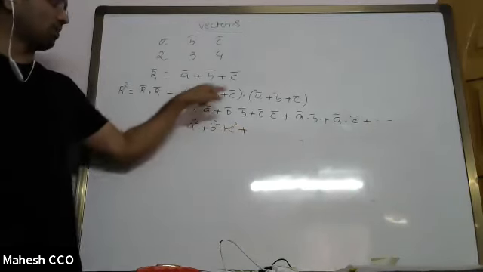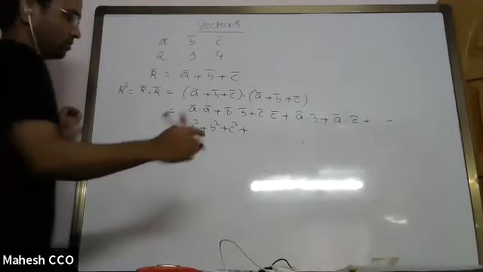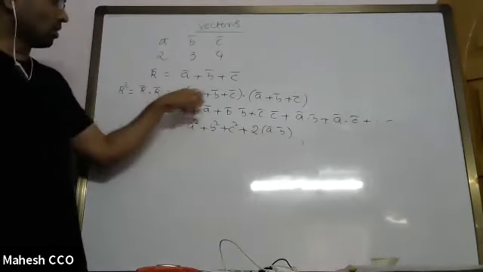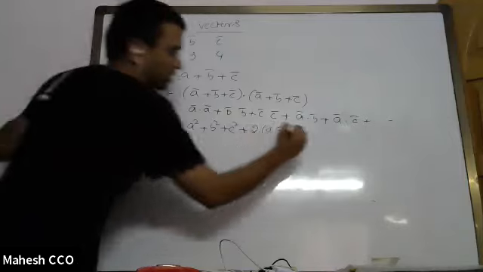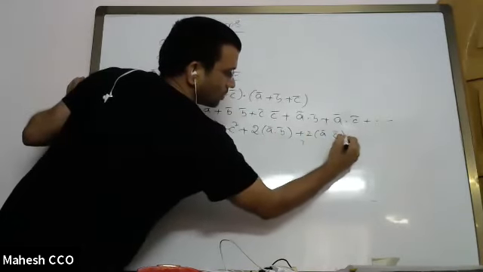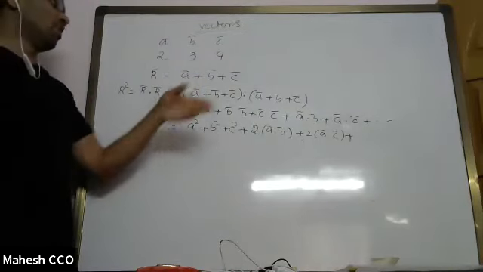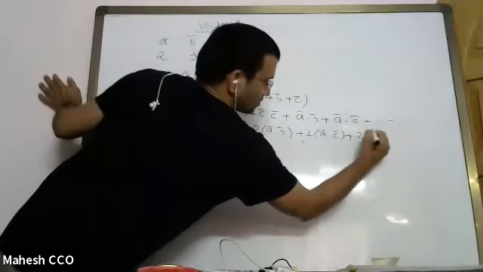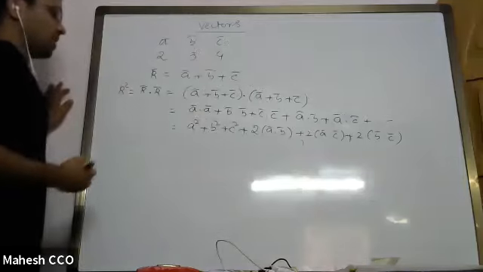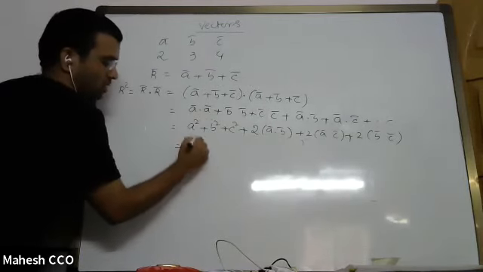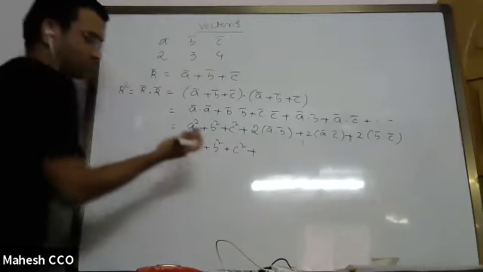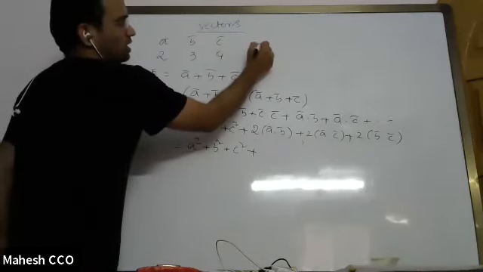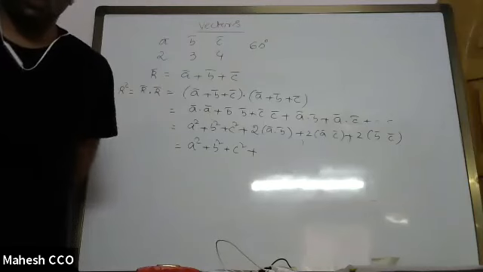Then you will have A dot B and B dot A also, which is 2 times A dot B. Similarly, you have A dot C and C dot A, so that is 2 times A dot C. And lastly, you have B dot C and C dot B, because C dot B is equal to B dot C anyway, so it is 2 times B dot C. So ultimately this is A square plus B square plus C square plus 2AB cos theta for A dot B. It is given that the angle between any two is 60 degrees. So A dot B will be AB cos 60.